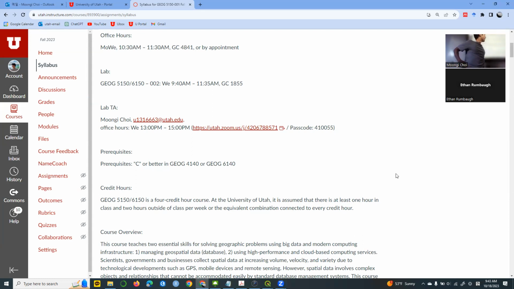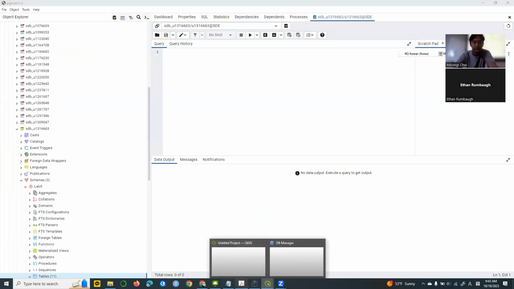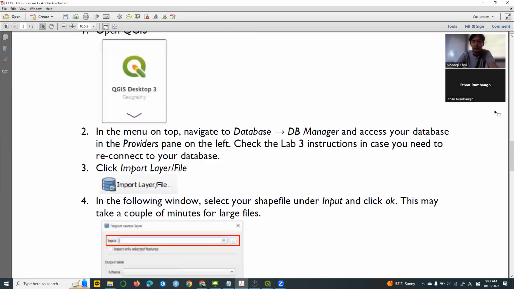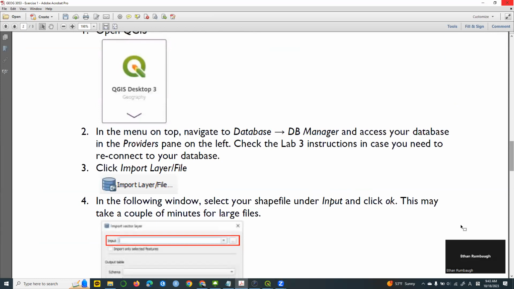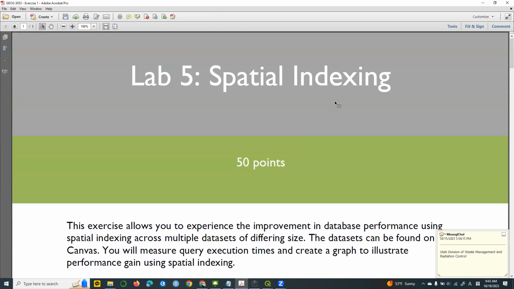Okay, so let's start Lab 5. So budget and then go through basically. Okay, so